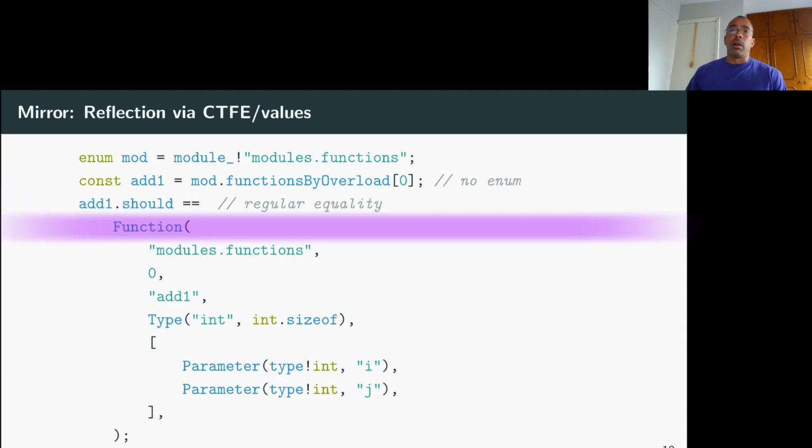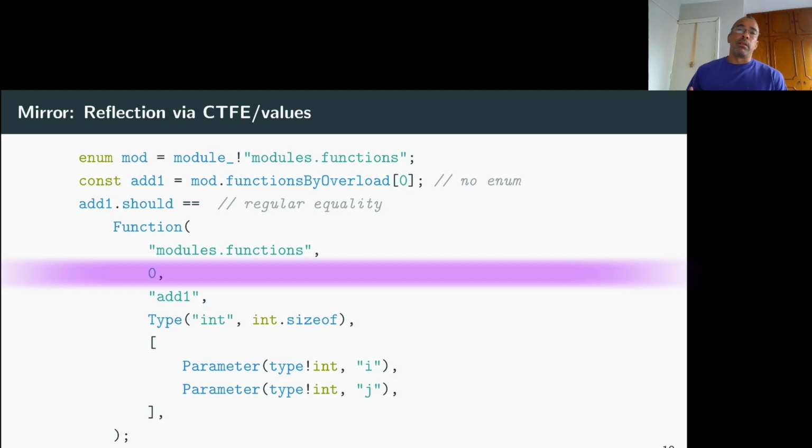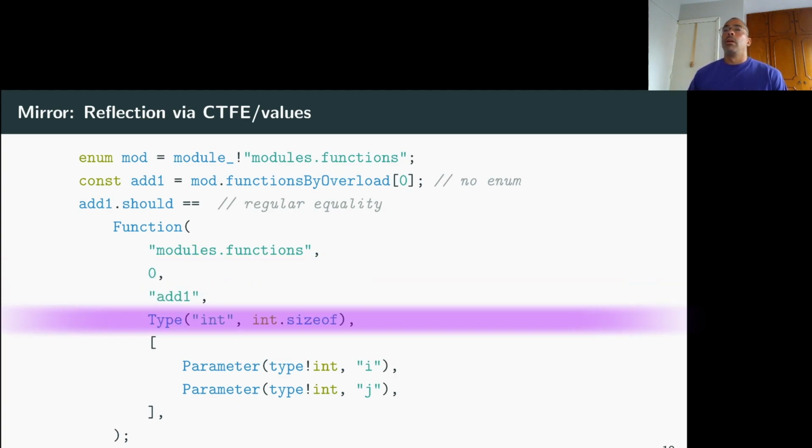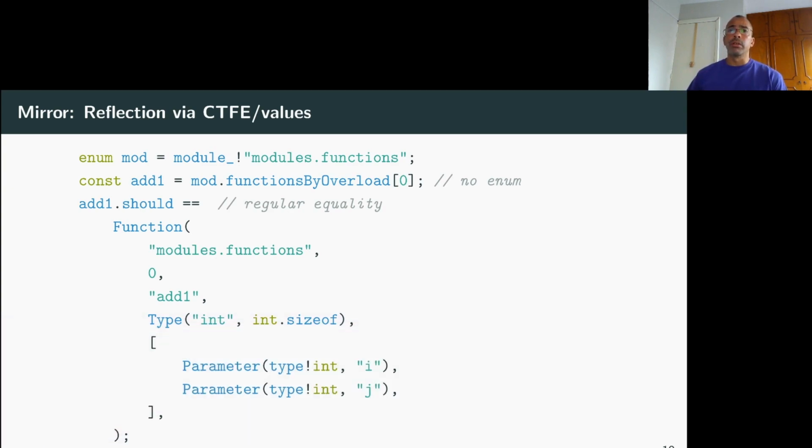And this struct here has these values that I'm constructing completely normally. So first, what module is it in? The index in the overload set, its identifier, the return type, and then an array of the parameters, which have a type and identifier. And of course, they should also have default values if that were the case. So this is what it looks like, and it's just completely normal programming.